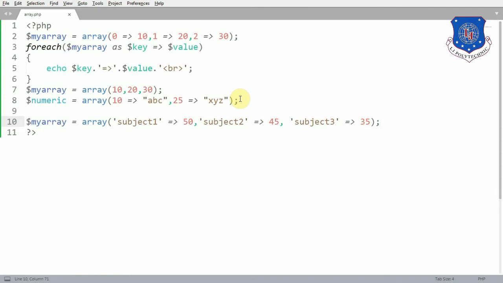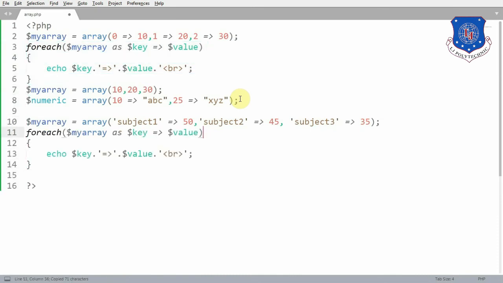It is not necessary for the array to have all the keys non-numeric. If at least one key is non-numeric, then that array is called an associative array. Associative arrays can be accessed in the same way using the foreach loop. So let me copy this foreach loop syntax,